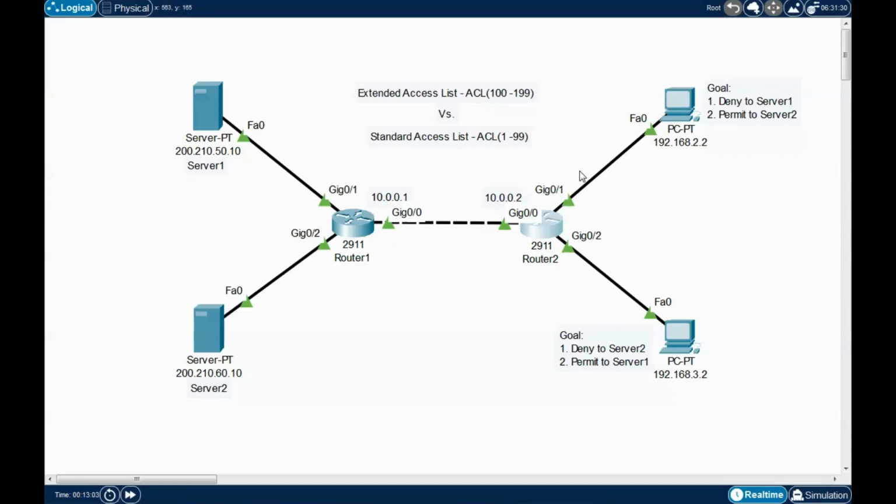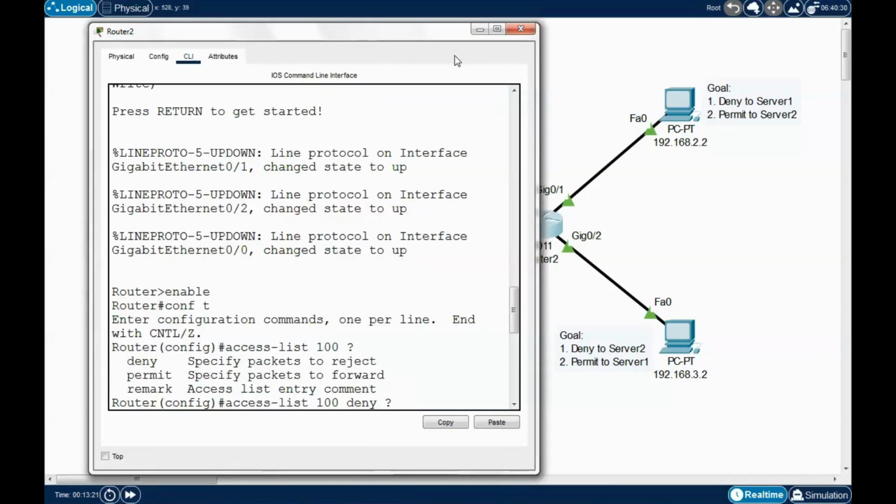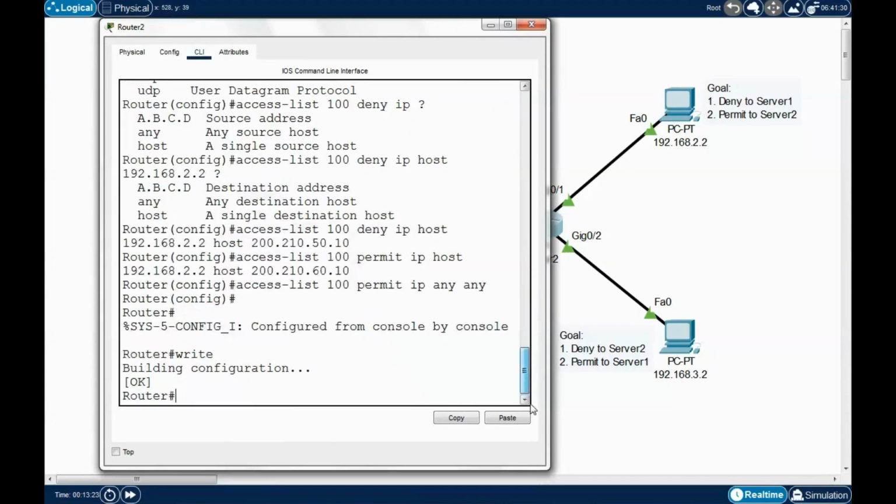Okay, and we will apply this to the gigabit 0/1, then it will forward it to this router. So it should go into this gigabit 0/1 and to this router, and then the router will decide whether to forward the traffic to server 1 or server 2. Okay, let's do that. So I'll go to this router,